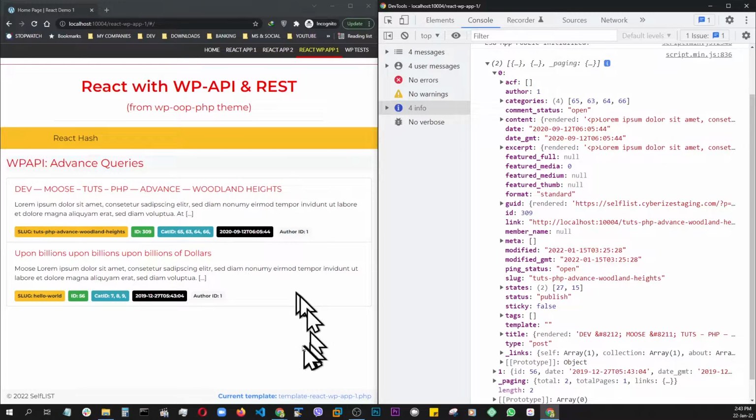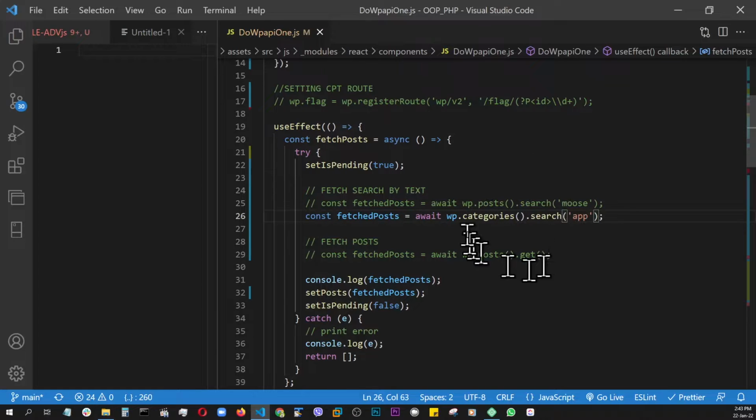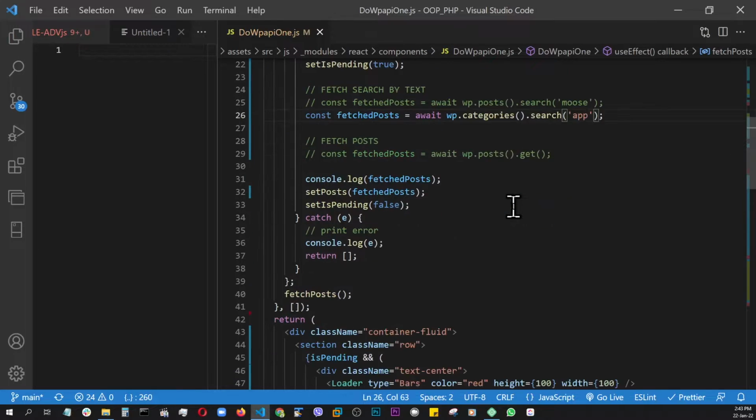So that being said, we have our result, and now we're going to go ahead and change it up a little bit, do a search on category. So we just disable this and enable this, save it, and this time, as you can see, instead of post, we're doing a search inside the categories. So for that reason,